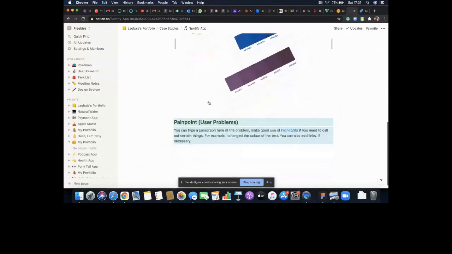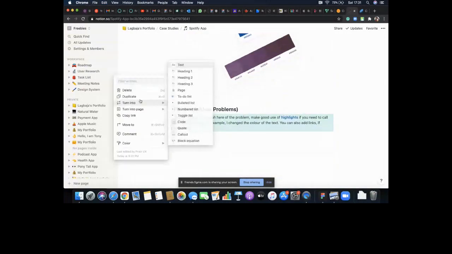Sometimes if I want to highlight this or call it out, I would decide to make it a callout, and then instead of appearing flat on Notion, it's looking like this. If I have an image to put in here, I'm going to put it in here.